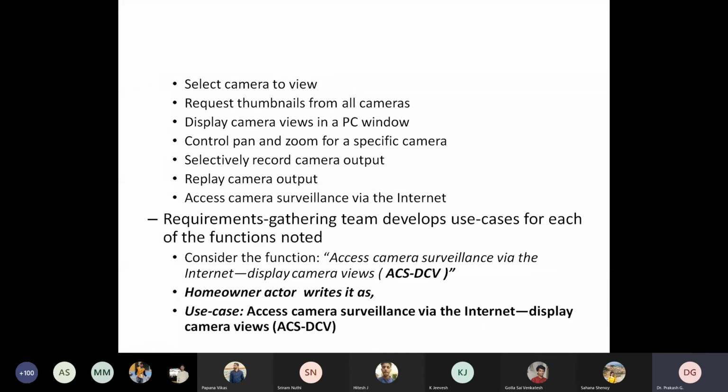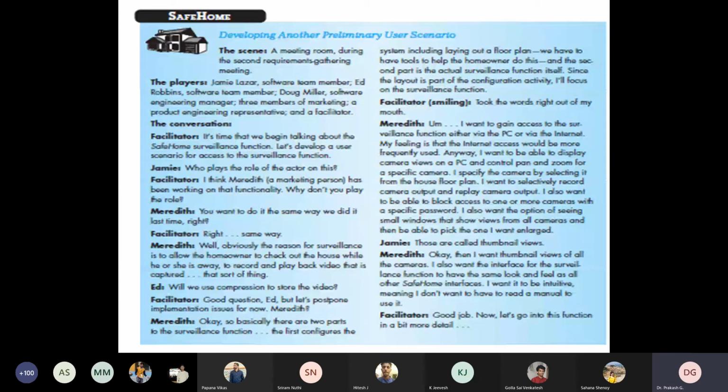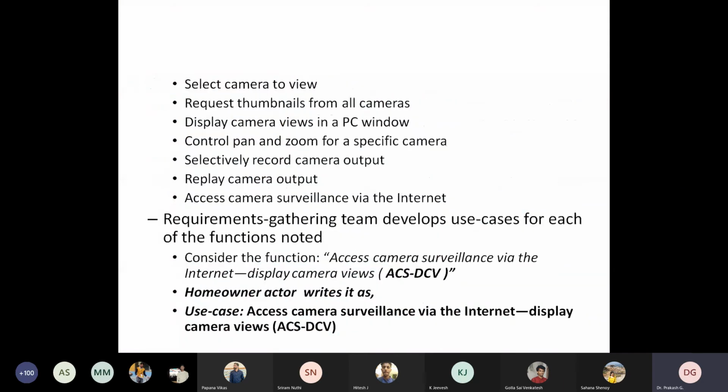This list has been provided from this user scenario only. If you carefully study this user scenario, then you can identify the functions performed by the homeowner actor. These functions are listed out from those conversations.